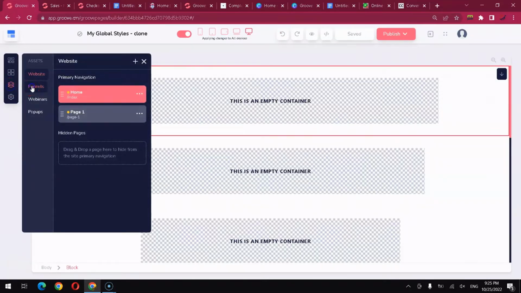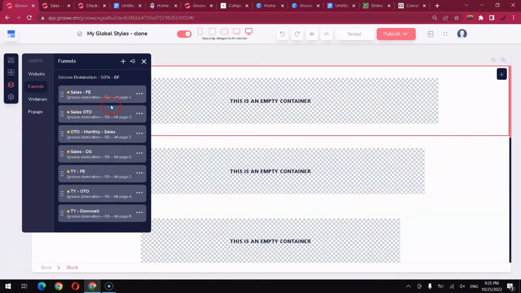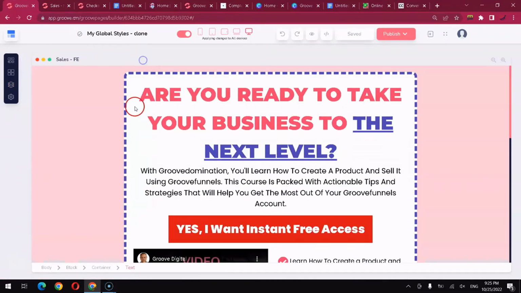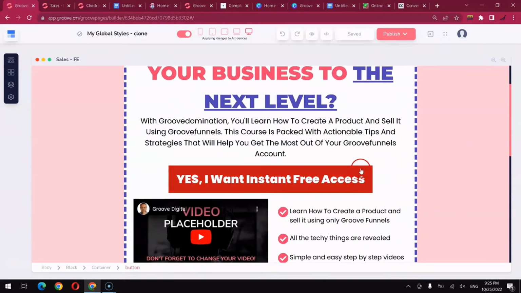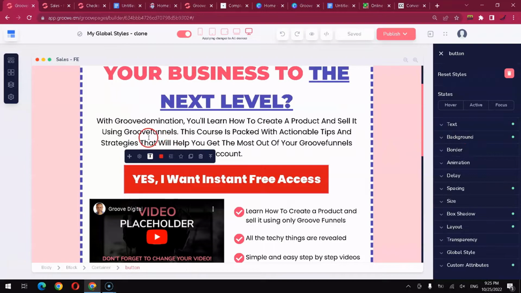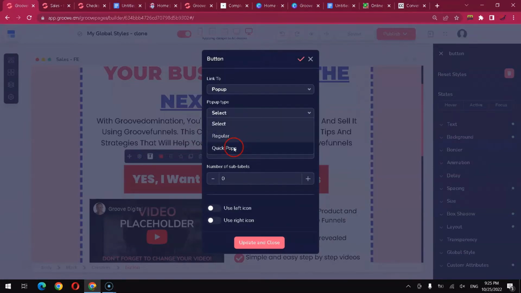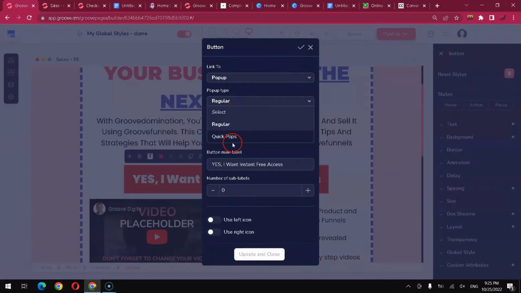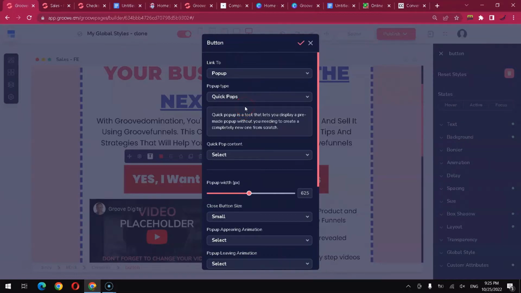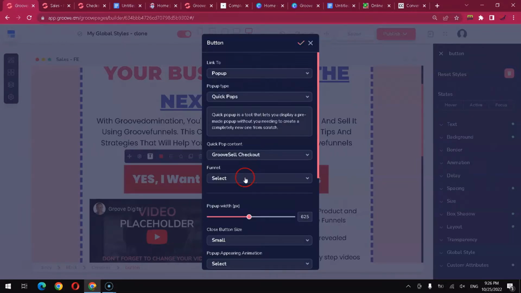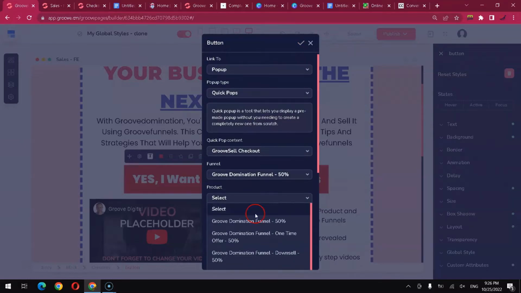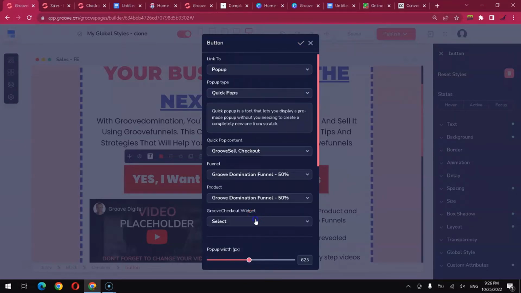I want to go to the assets and funnels and my funnel and the sales page front end, the front end sales page, which is this one. I want to go to config, link to a pop-up. I will select the pop-up, which is, click on quick. Let me see what is the quick pop-up. With the quick pop-up, you can display the GrooveSell checkout. So the content is GrooveSell checkout, and I want to select the funnel, product funnel, which is 50%, and I want to select the